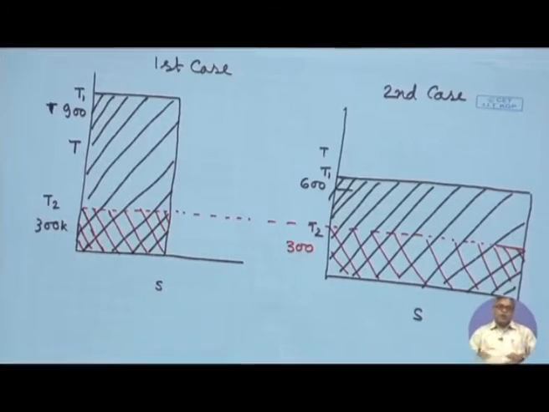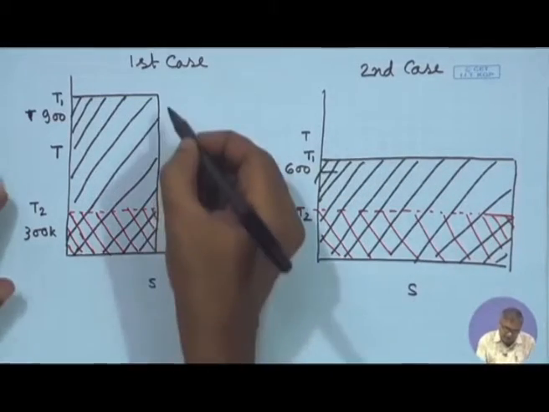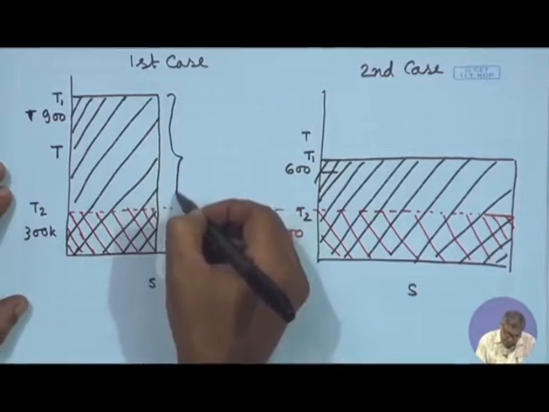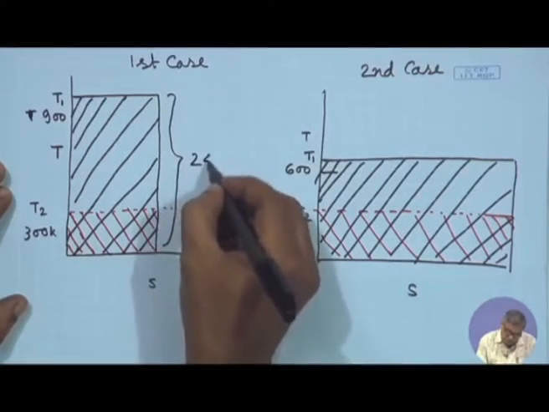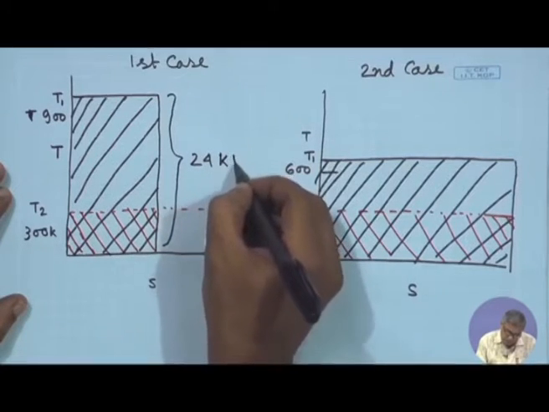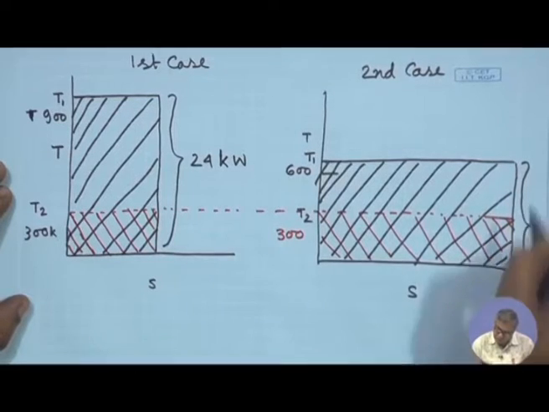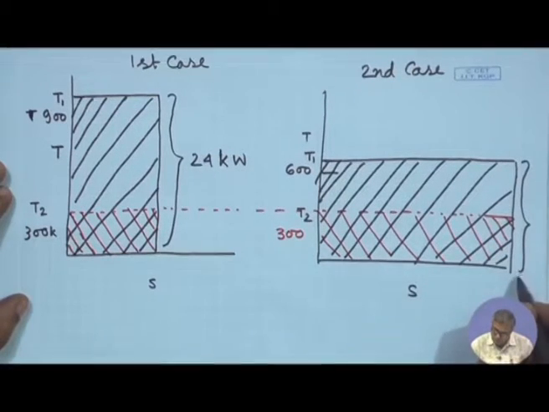Now, if we compare these two figures, this is your first case, this is your second case. In both the cases this is 24 kilowatt, this is also 24 kilowatt,